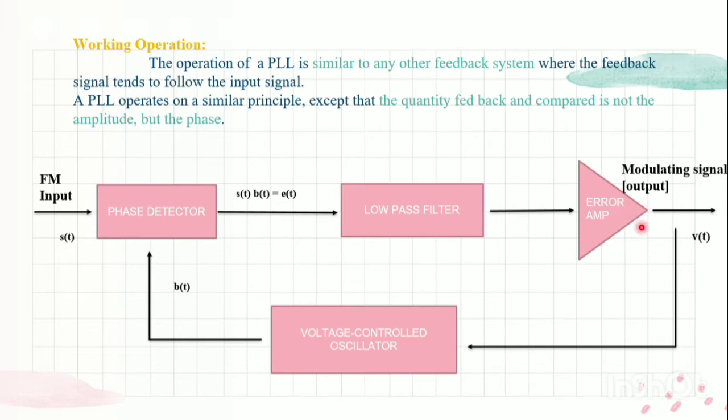Okay, and the main function of this loop is that it always adjusts the angle such that the phase of the VCO and the FM is zero. There is no phase difference between our input signal and our VCO. Okay, and there is something special about our phase detector, that is it suppresses any carrier level changes. So our PLL based FM detector requires no additional linear circuit.